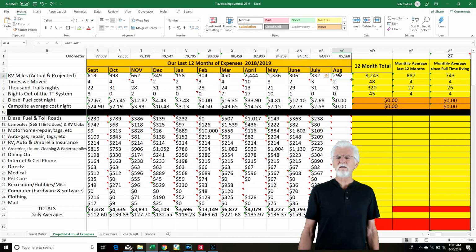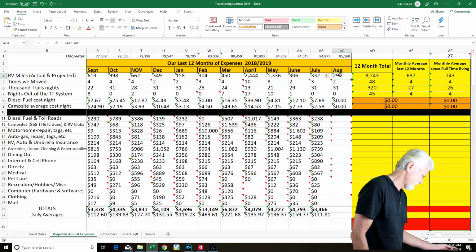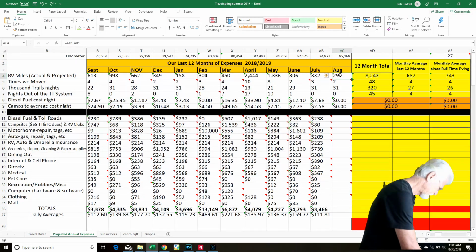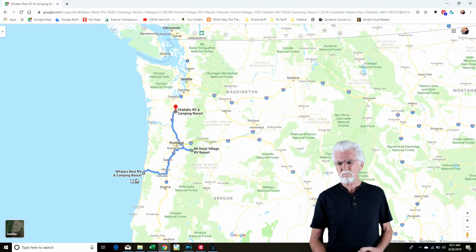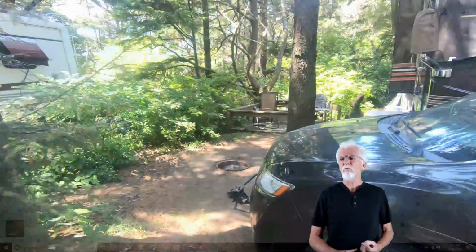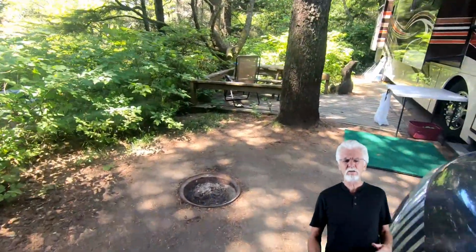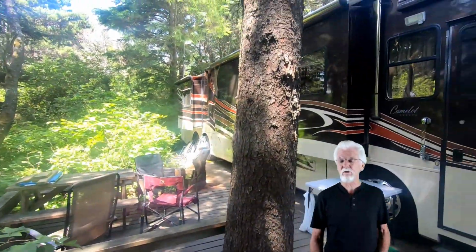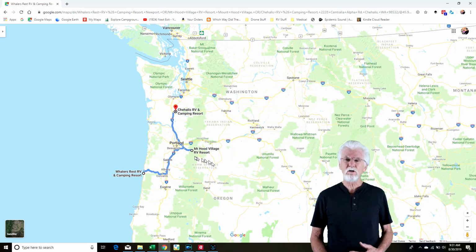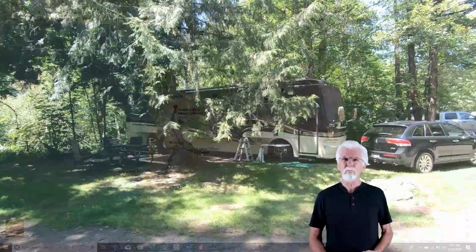So let's go ahead and get into the numbers. The month of August we drove 291 miles. We moved 2 times. We started out at Whaler's Rest, and at Whaler's Rest we stayed in 2 different campsites. The first one we didn't have internet, so we moved to another section of the park and we got great internet. Was there a couple of weeks and we went to Mount Hood Village,